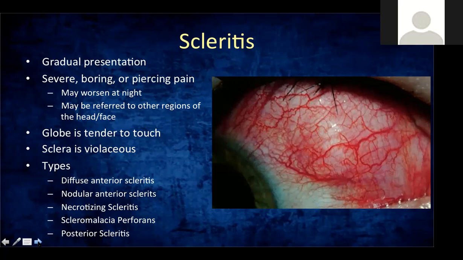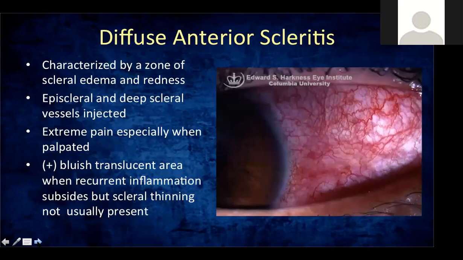When you palpate the eye or the globe, it's quite tender to touch. And the redness of the sclera is not really just red. If you look deeper here beneath the conjunctiva, the redness is more violaceous actually. And if you put phenylephrine here, you may have some decrease in the redness in the superficial layer, pero yung sa loob, hindi yan nagbabago. There are different types and we'll discuss them one by one.